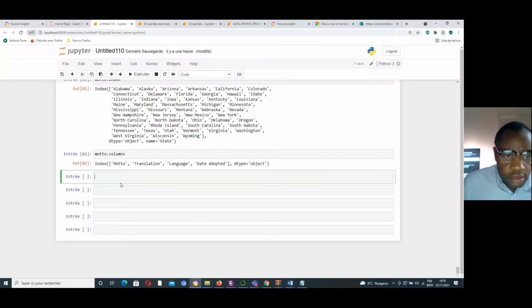Let me go back to the previous dataset, the election data, and apply this function.